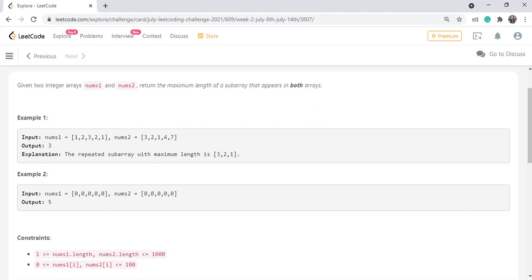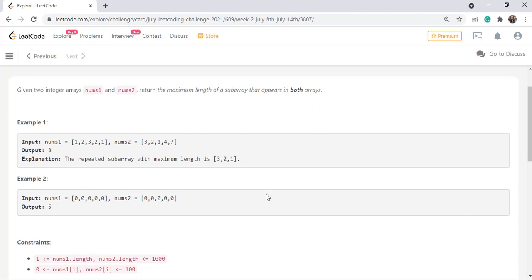Well, in this video, we are going to solve one of the problems of the July LeetCode Challenge. So the question is maximum length of repeated subarray. Let's read the problem statement. Given two integer arrays nums1 and nums2, return the maximum length of subarray that appears in